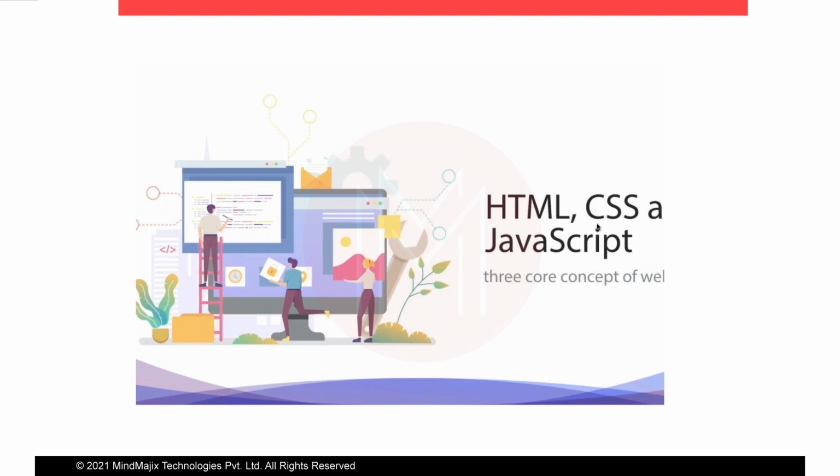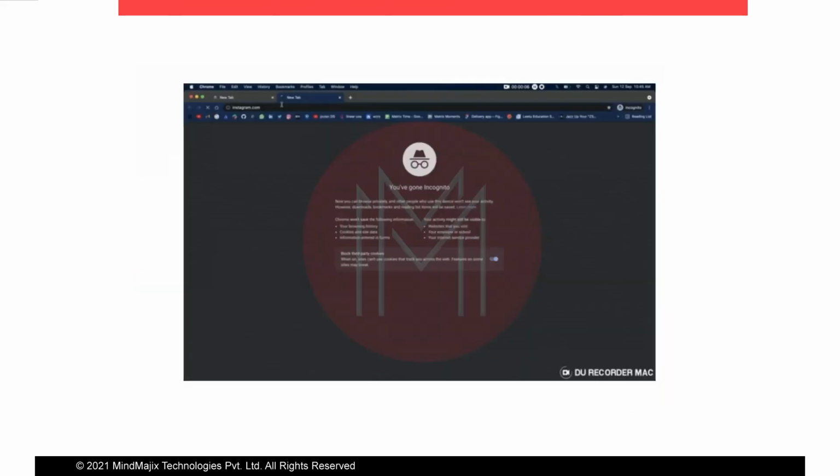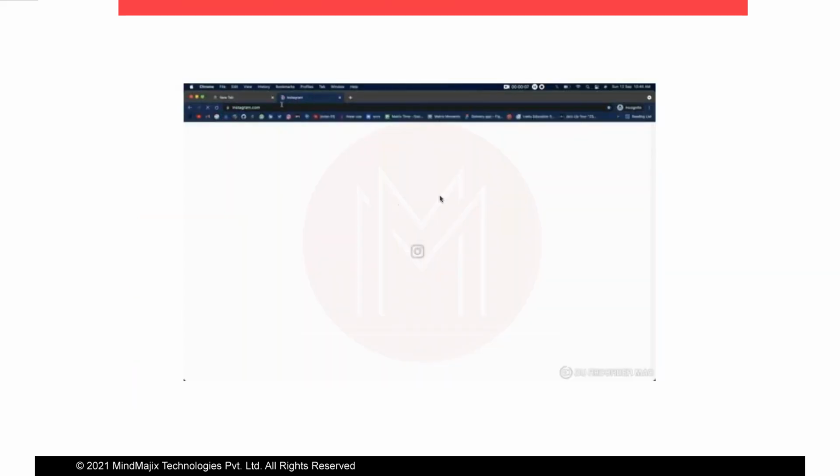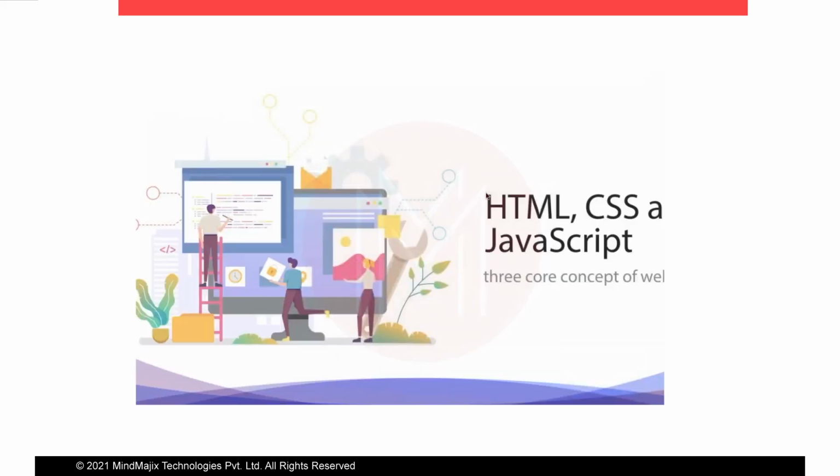That's it. Other than this, the browser you are opening, like Chrome, doesn't read any other type of code or programming language. It understands only HTML, CSS, and JavaScript. That's it. Before continuing, suppose this is a web application like Instagram.